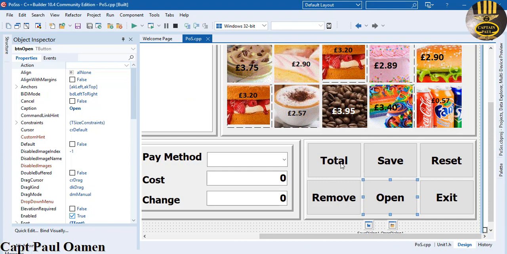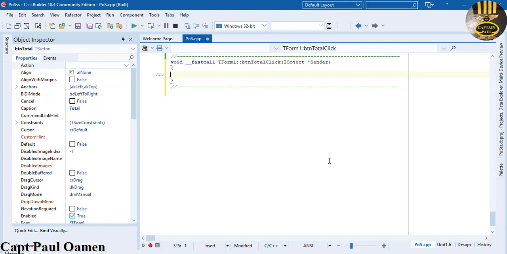So first of all, let's take care of total. Double click on the total. There. With the total, I'm going to declare the following variables. So that is going to be total, comma, cost, comma, and change. There we go. So declare those variables as local variables,